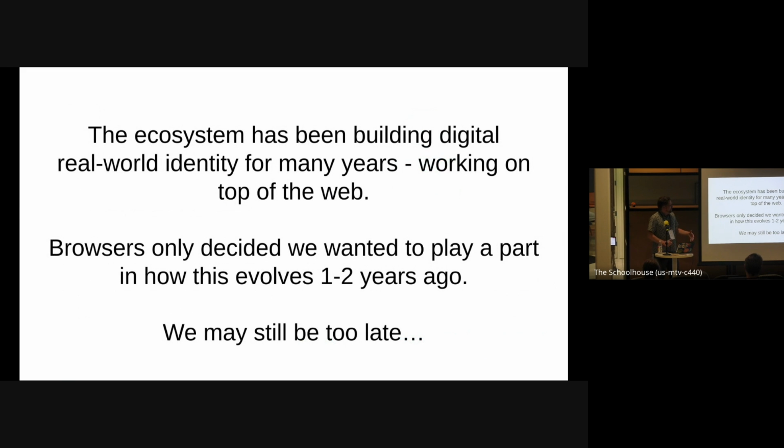But there's been a whole industry here. I've only learned about this in the last year or so, but there's a big industry, all sorts of momentum over the last decade even, working on this topic. And browsers kind of only just decided in the last one or two years that maybe we have an opinion on how unresettable, unforgeable, permanent government identities are used across the entire web and everything that exists on the web.